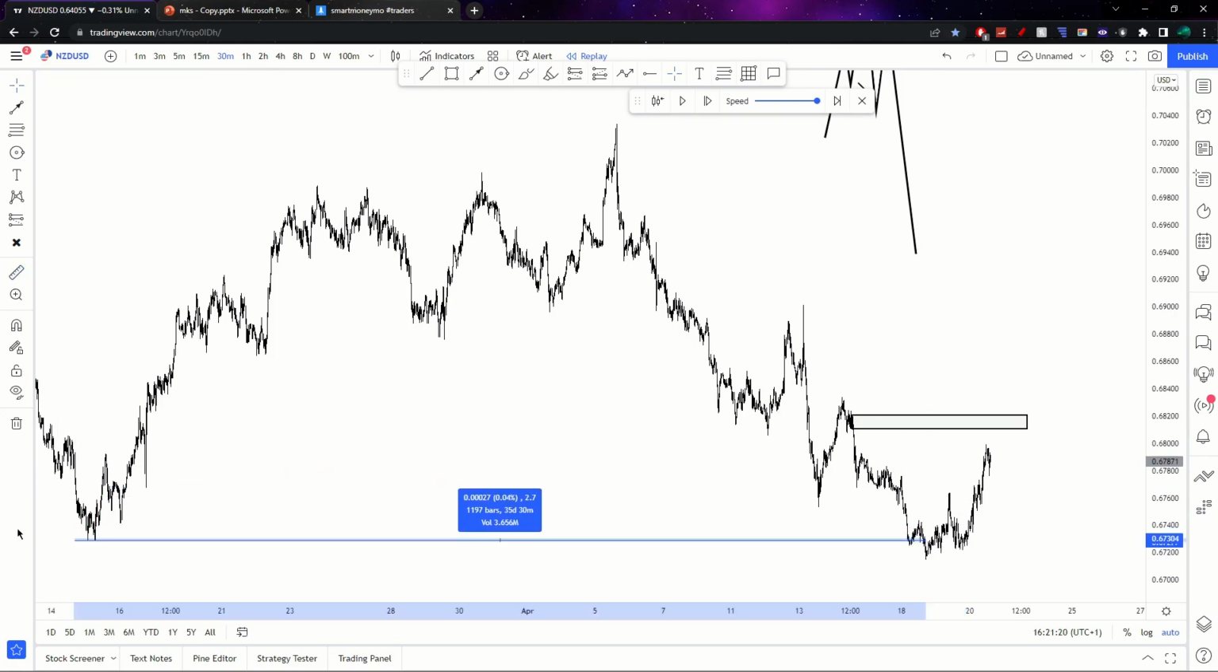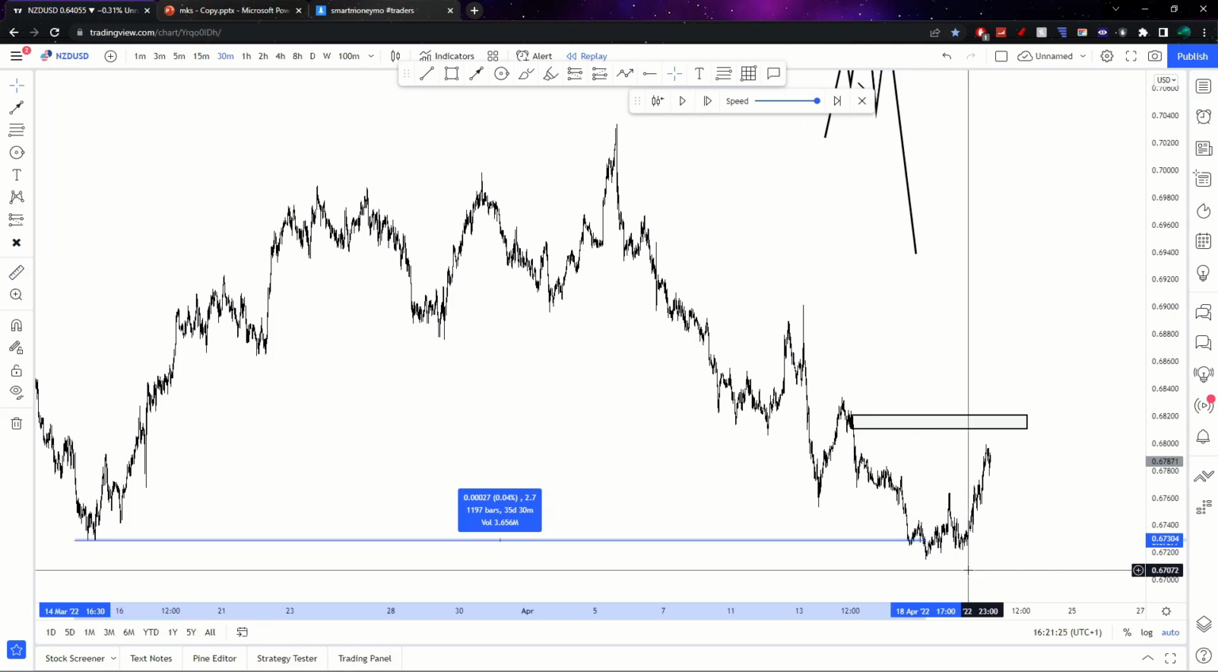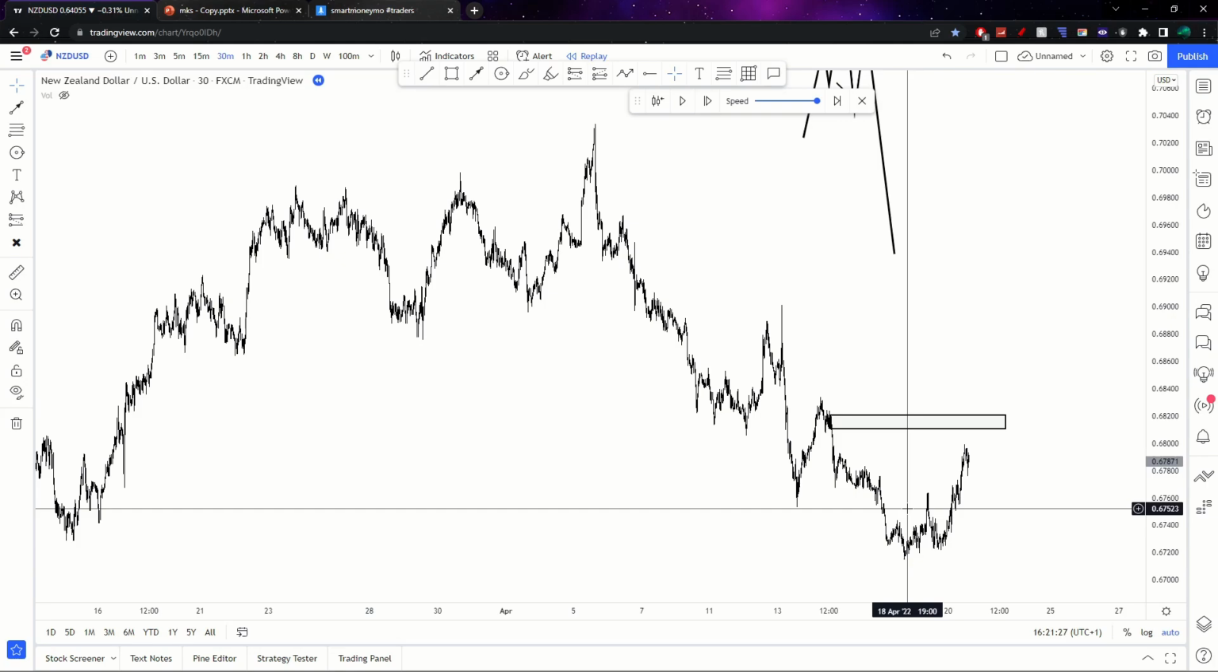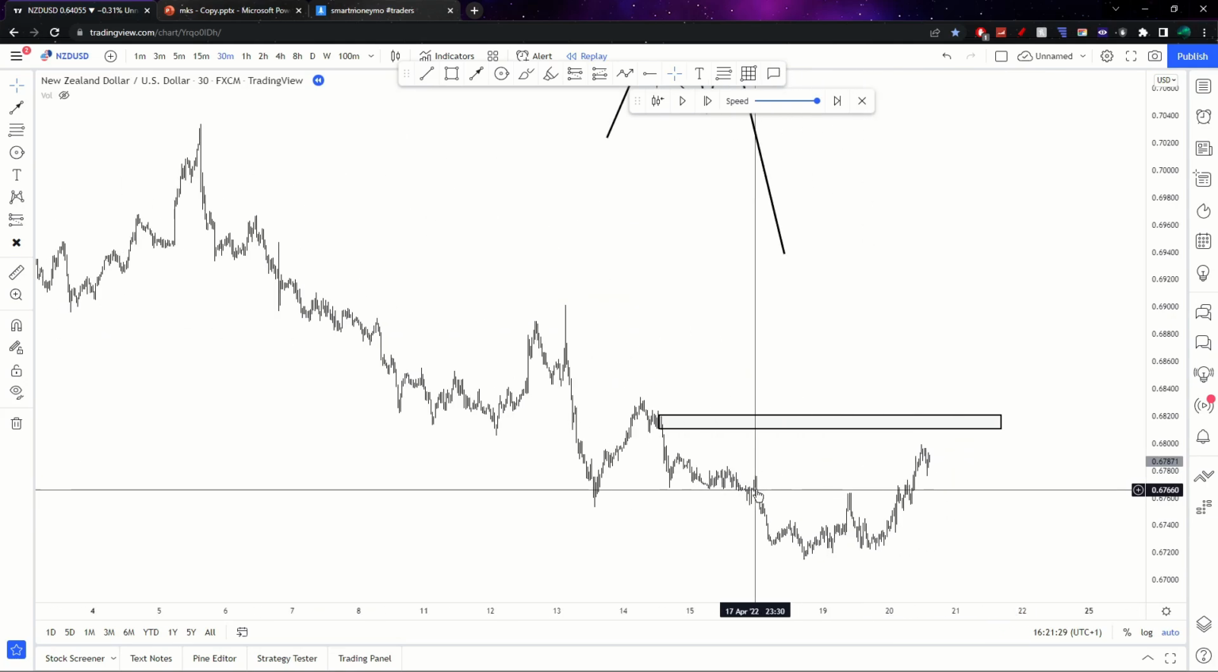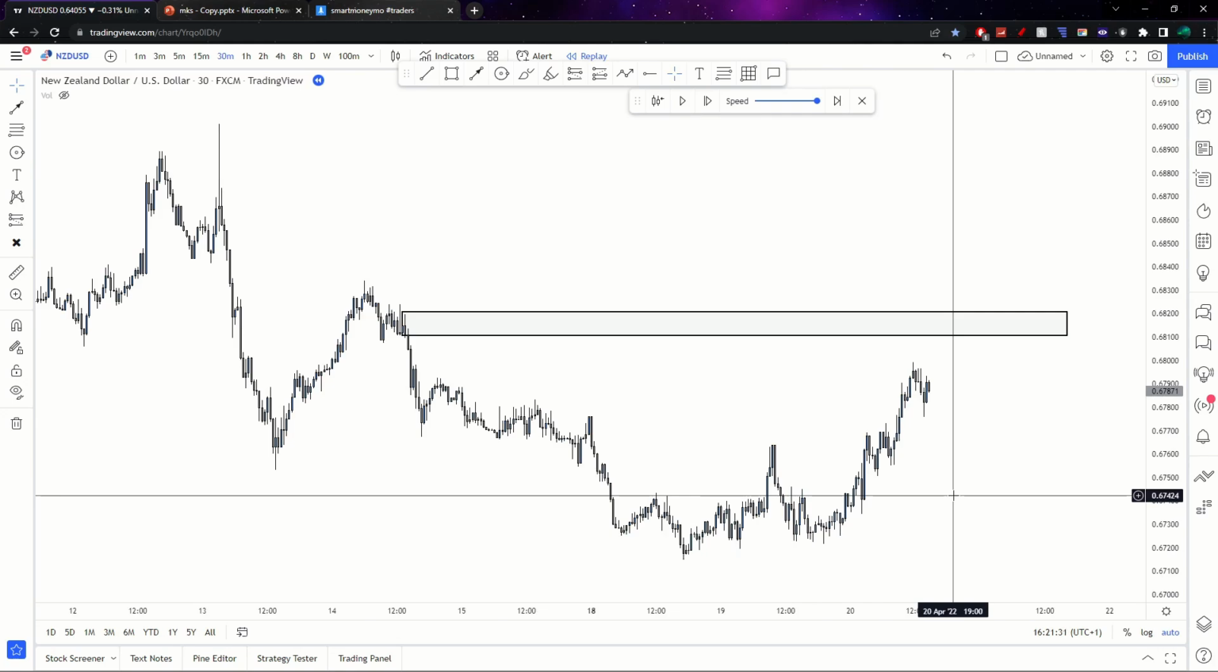After moving away from this low for like 35 days, price came through and broke through that low, indicating again that NZD/USD is moving bearish. But yeah, and then more recently what we had was